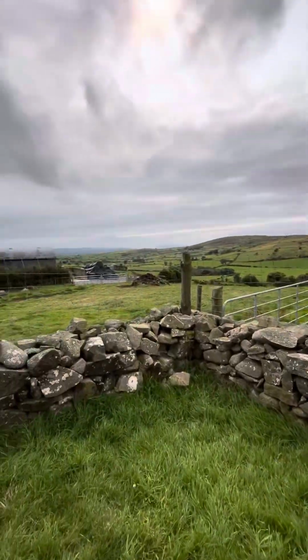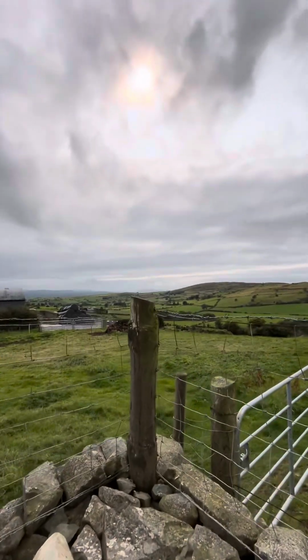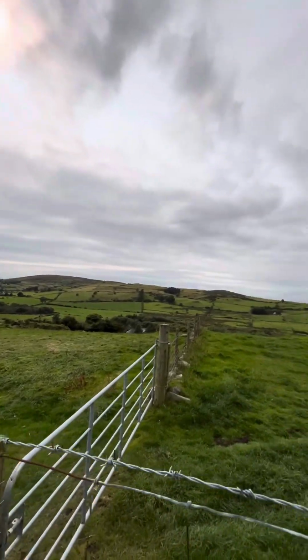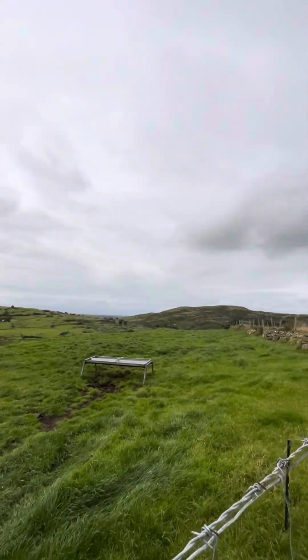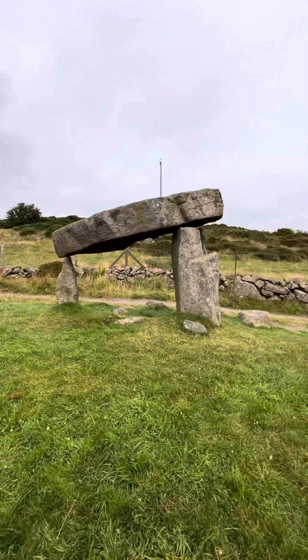So I'm going to show you a wee bit of the area here because it's beautiful. Good scenery up here. And this is well signposted, and also the Finnis Souterrain, this Finnis Cave. But the cave is very low down, so